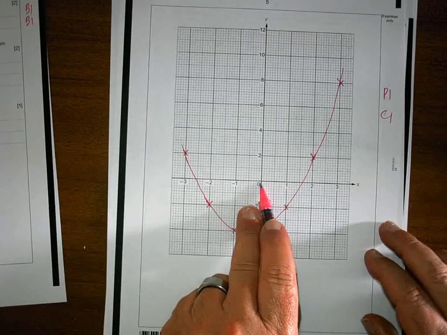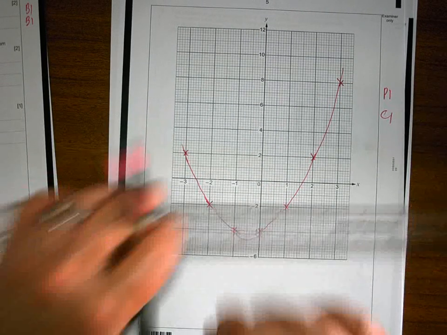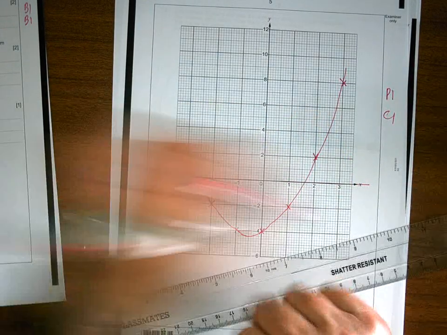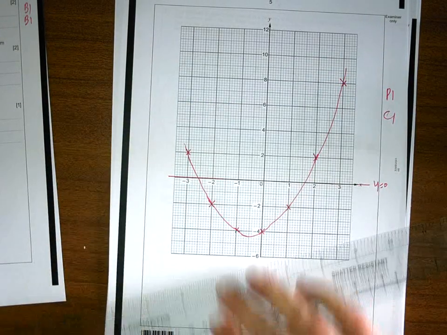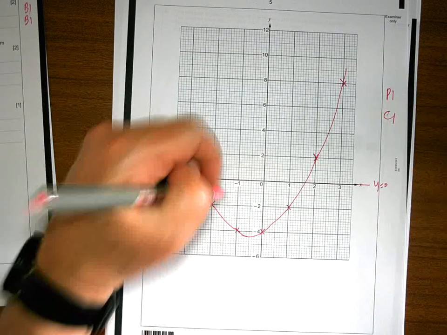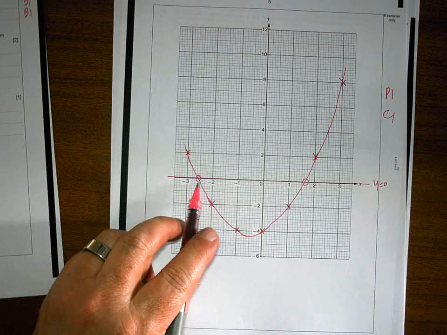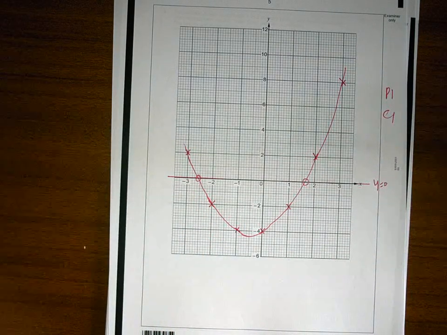This is where the y coordinate is 0. So the x-axis is y equals 0, and the solution to the equation will be where the curve crosses the axis. So on this one it's going to be minus 2.6